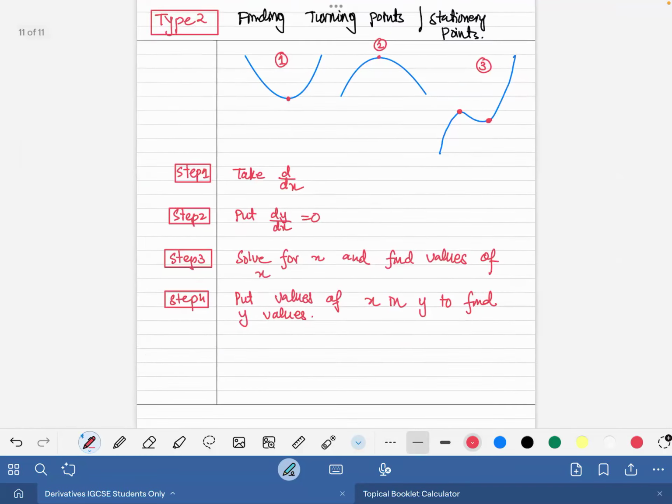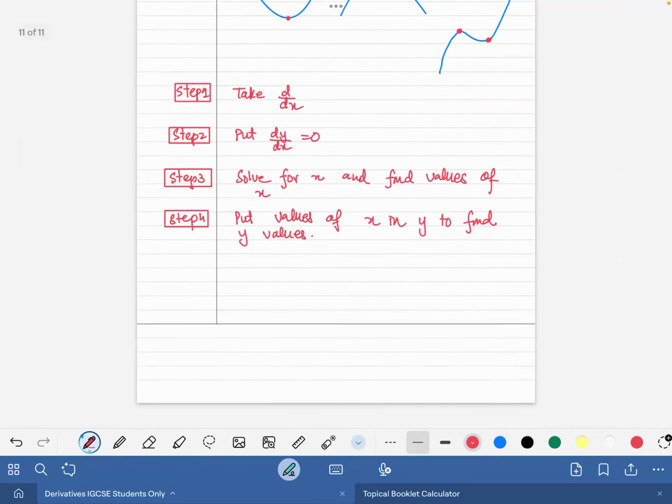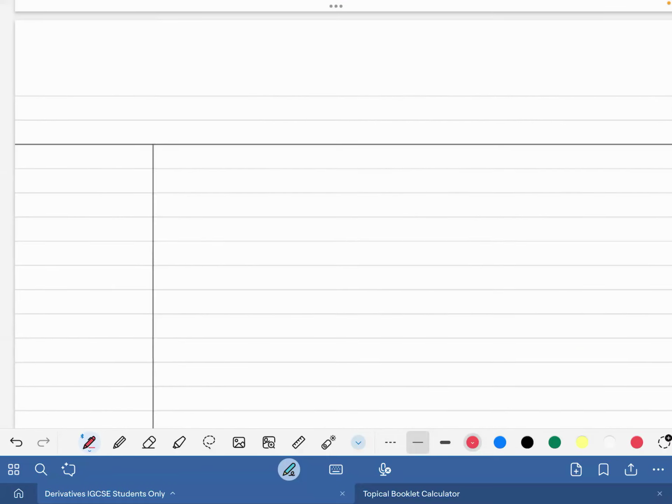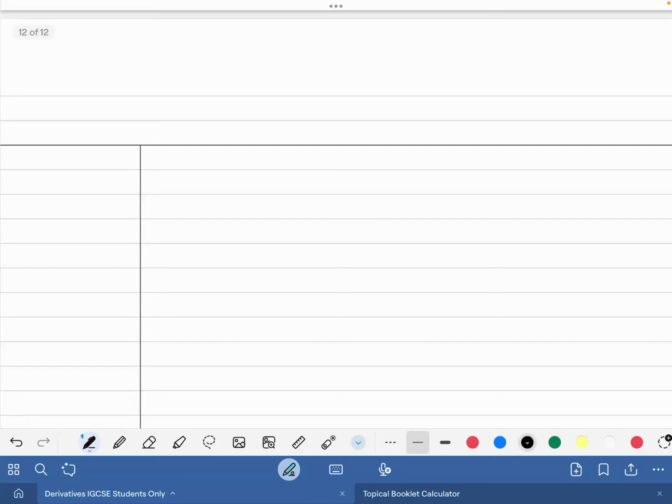Now, please pay attention. Sir, will both of them be non-calculator questions? No. You can get the turning point question in non-calculator because sometimes it can be solved without the help of a calculator. Like for example, find the turning points